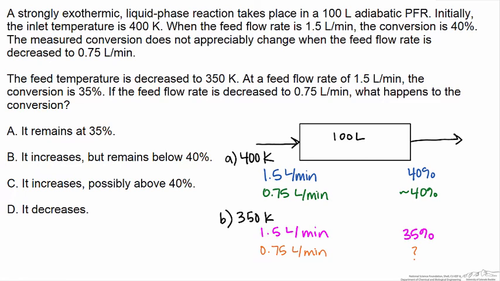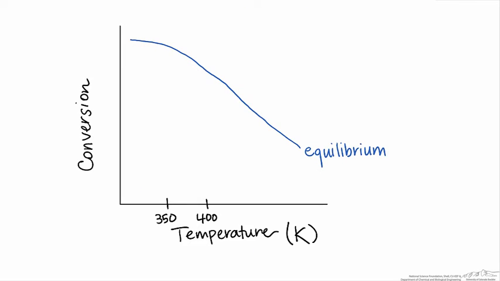You selected answer C, which is the correct answer, that we're going to expect an increase in conversion and that it could actually be above 40%. So to see why, it's actually easiest to analyze this problem graphically. And what we're going to plot is on the y-axis the conversion in the reaction, and on the x-axis the temperature inside the reactor. And we know that for an exothermic reaction system, that the relationship between conversion and temperature